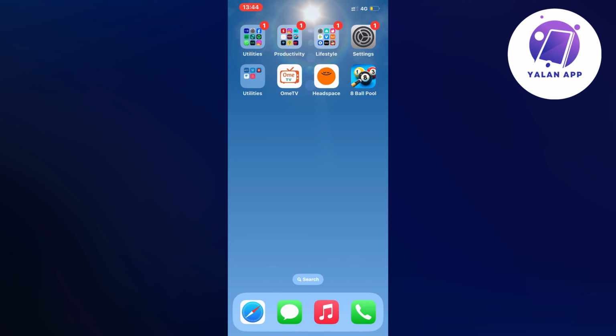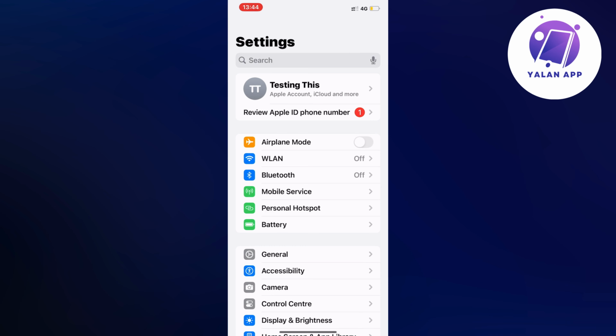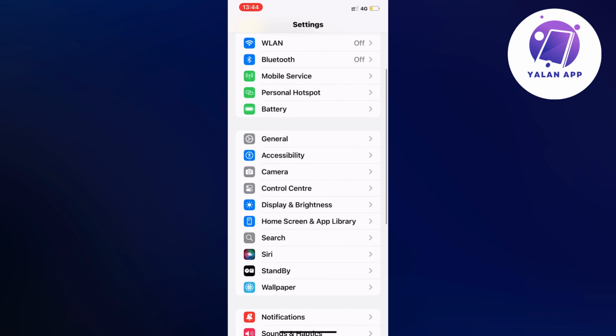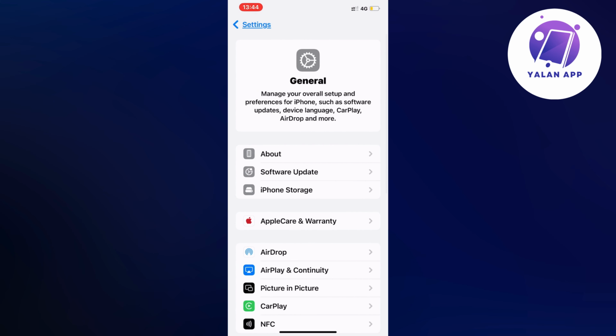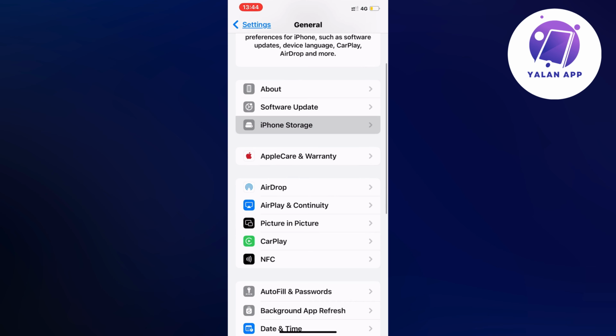So actually I had the exact same problem myself, and what I did was that I firstly closed my 8-ball pool app and instead I went into the settings app on my phone. So I just went into the settings app right here as you can see, and then it took me to this page. Now on this page, what I did is that I scrolled down in here and then I clicked on general. So I clicked on general, then I clicked on storage in here as you can see,